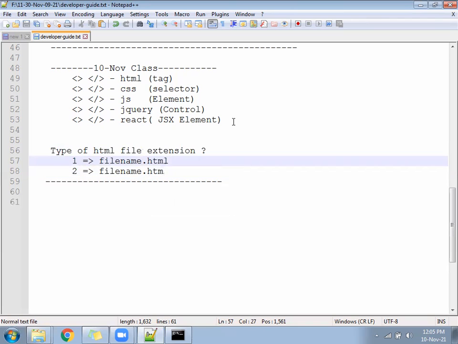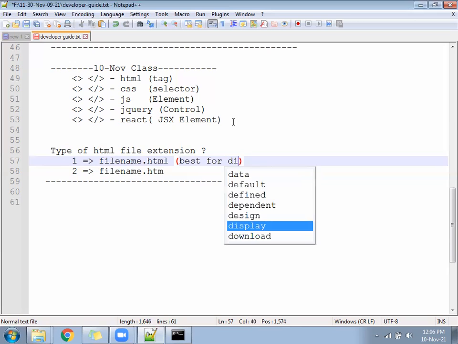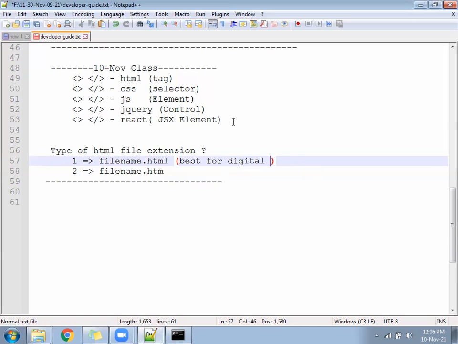Okay, in that you can write in the first one, best for digital marketing, comma, Google search. If you are giving your file name as .html, the Google bots, the Google software using the Google console, will bring our page into Google search.